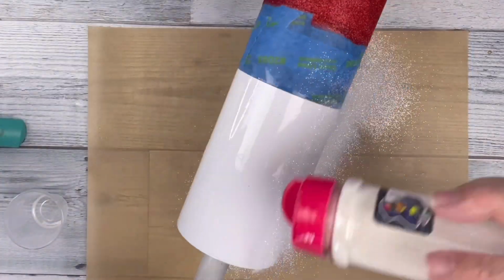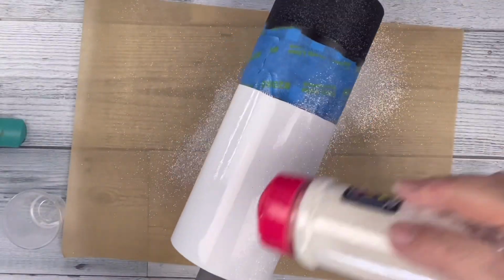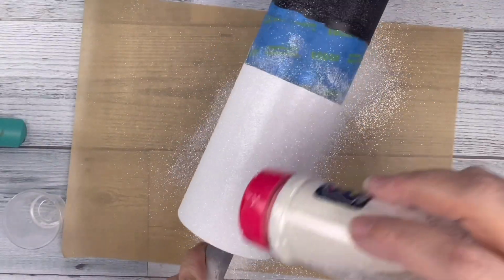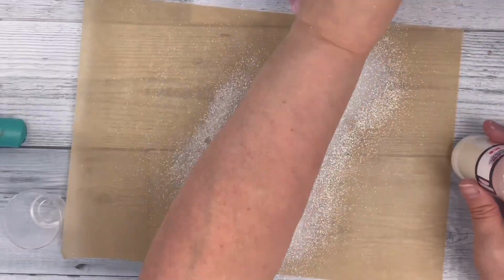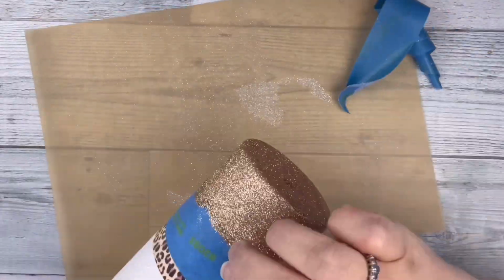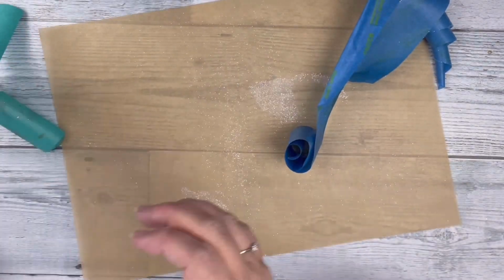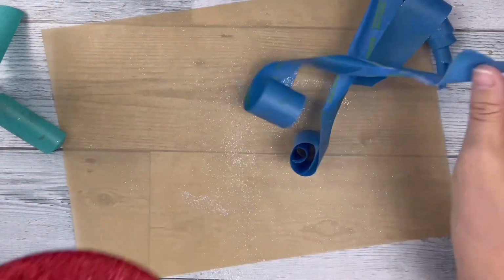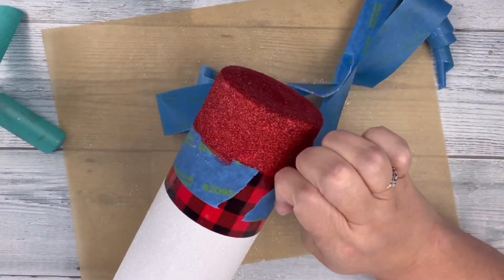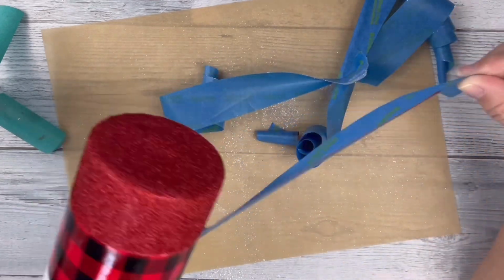And then once that was done, on all three of those, I will pull off the painter's tape immediately so that that does not stick to that. And then once that is cured, I will completely seal the entire tumbler